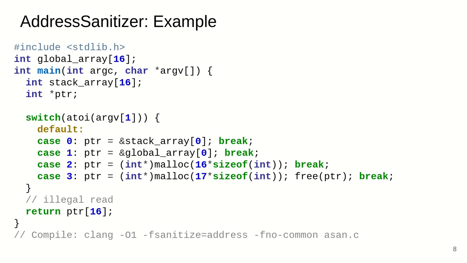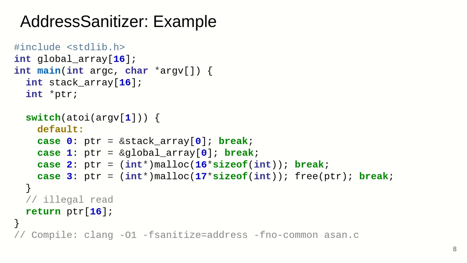Now in this example here, we've got a simple example that, based on the argument given, has a buffer overflow on the stack, on globals, on the heap, or a simple use after free on the heap itself. Now, without compiling with ASan, all of these, or most of those, would actually continue, and they would highly likely not crash. With AddressSanitizer, all of these 4 bugs will actually trigger a violation, and then we can signal that